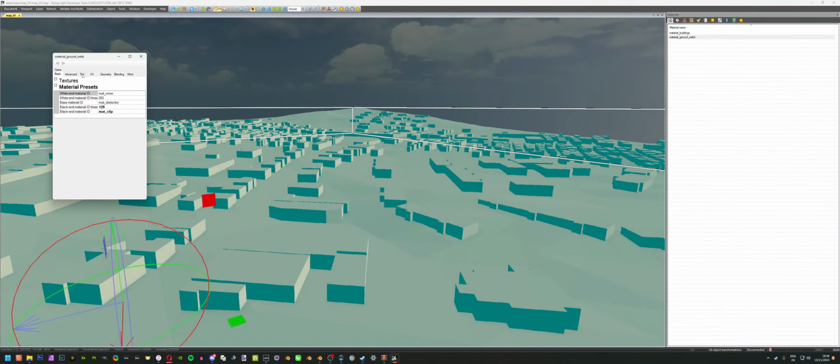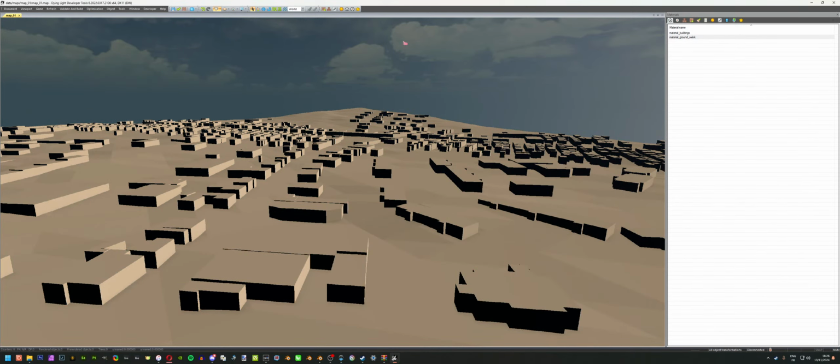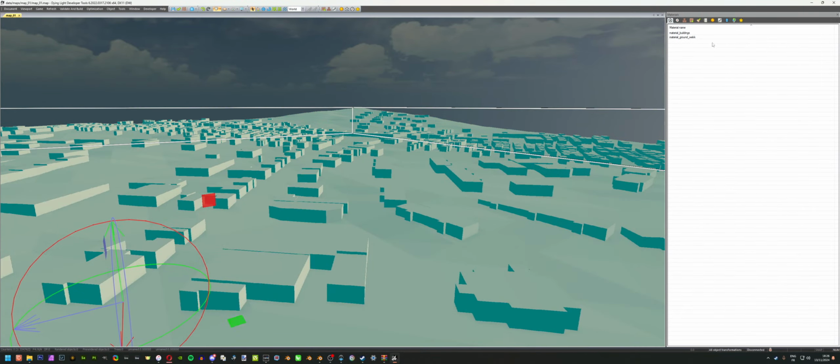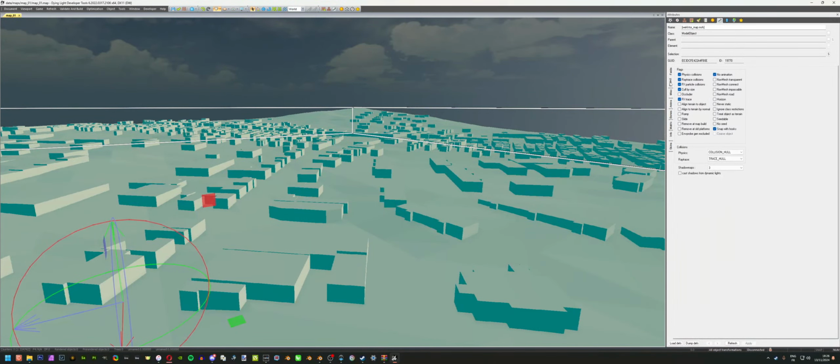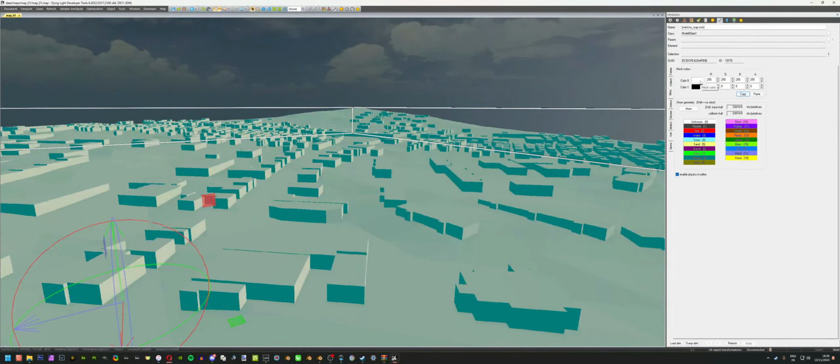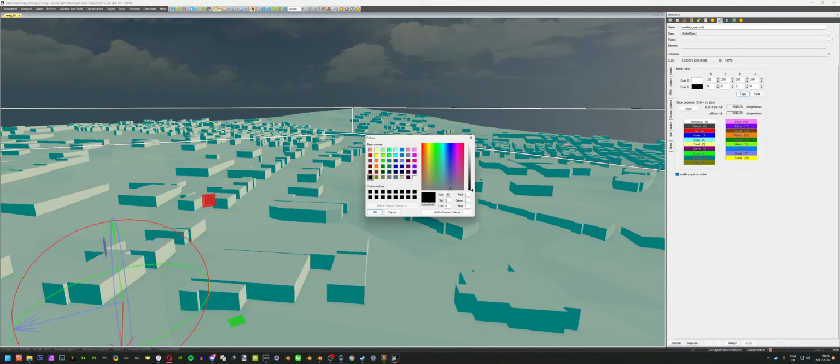I think you need to go to instance and true. Is it fine? And then you go here, and you can change this, for example,